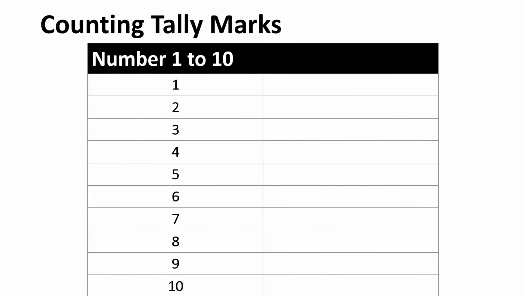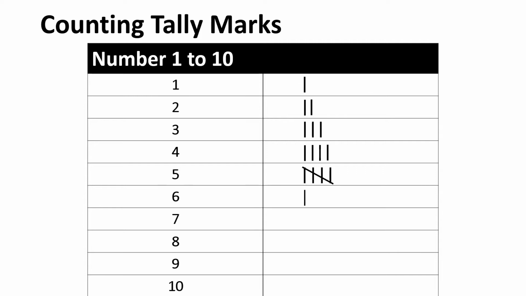Let us understand how to use tally marks for counting 1 to 10 numbers. Here are the counting numbers and the tally marks representing it. 1 is denoted by one straight line like this. 2 is represented by two straight lines like this. 3 is represented by three straight lines like this. 4 is denoted by four straight lines like this. But 5 is not denoted by 5 straight lines. For the number 5, draw 4 straight lines and a line across the 4 lines like this.